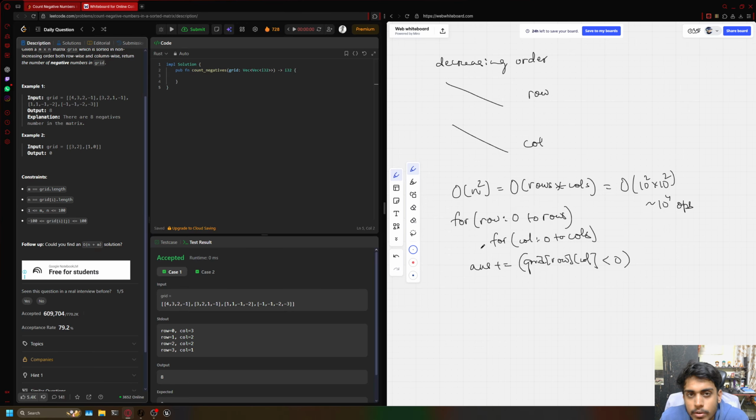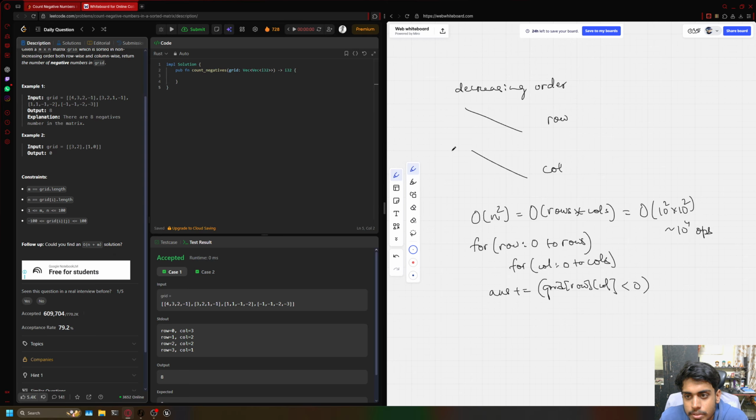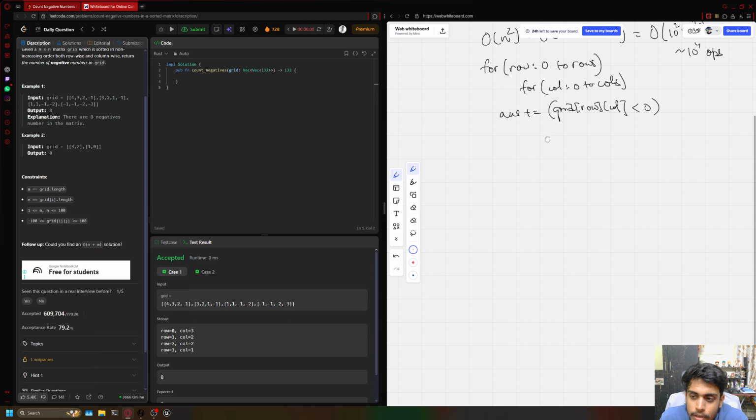So with this approach we are not using the information we have been given, that the rows and the columns are sorted in non-increasing order. Okay, so we can leverage this information to reduce the time complexity more. So the idea is we'll be doing a staircase kind of approach. Okay, so if I put this example, this is what,